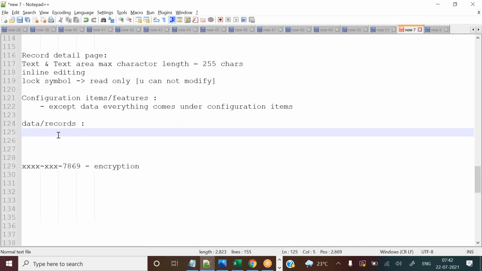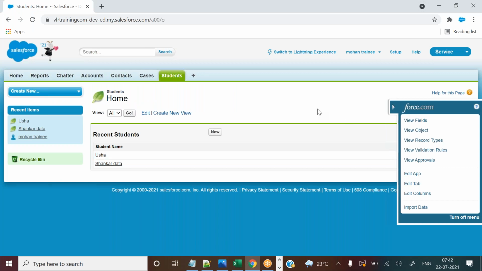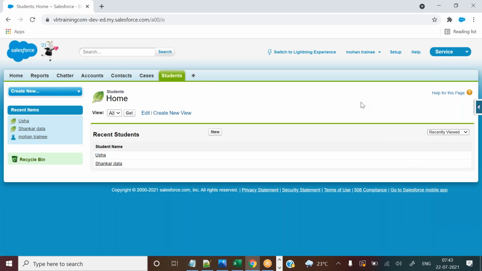So what is this one's name? Terminology: quick access menu. You can access this menu quickly, that is the meaning. You need to remember these terminologies, guys. Why I am saying this is, in real time, real-time employees pronounce these terminologies only.